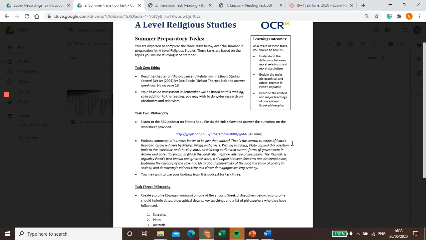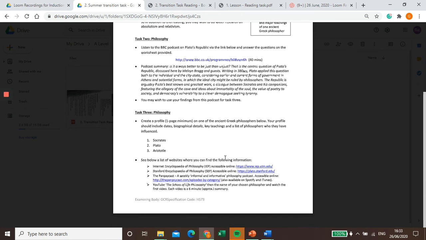Task 2 is to listen to the BBC podcast, and again, we've got the link here, and answer the questions on the worksheet. And then task 3, which requires a bit more creativity on your part, is to create a profile on one of the ancient Greek philosophers. With task 3,